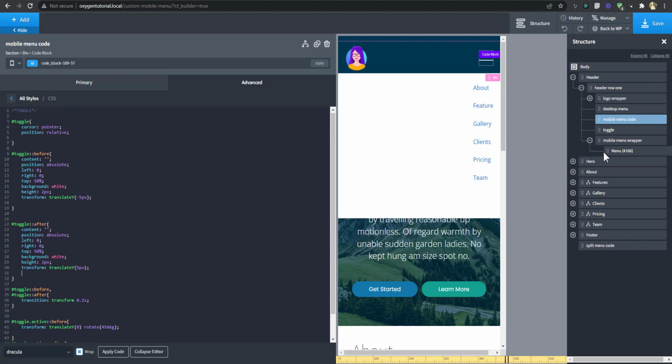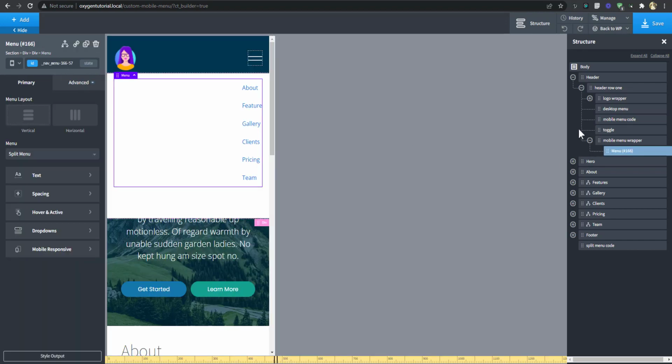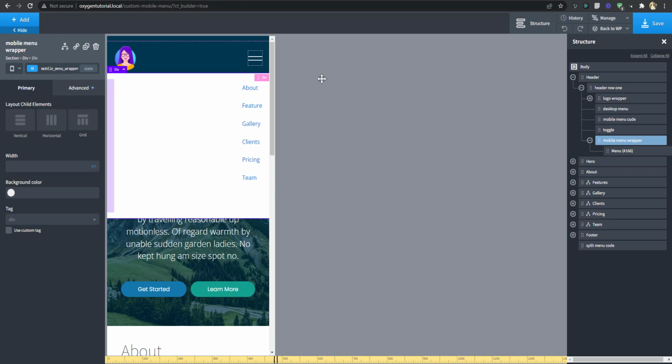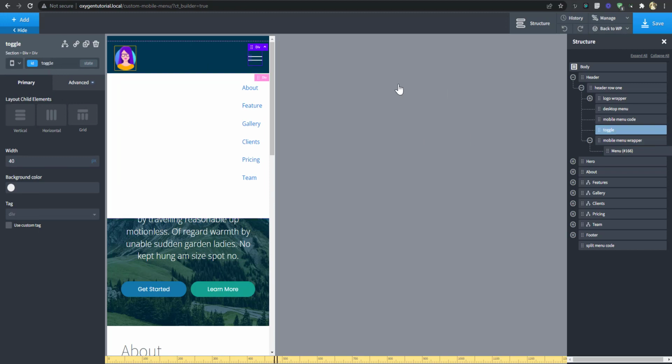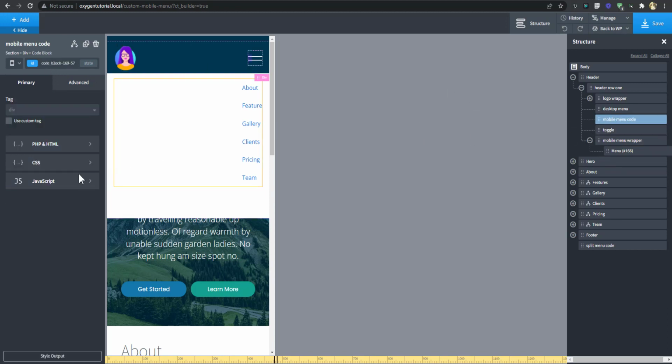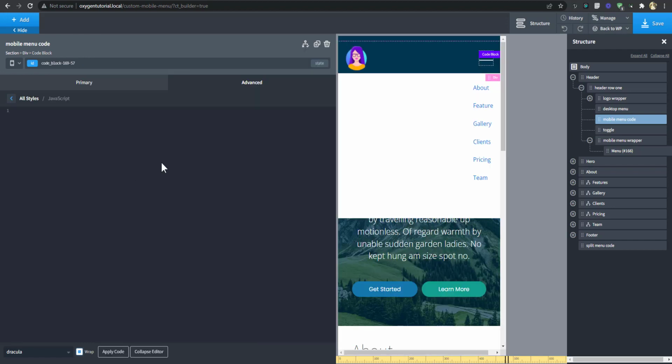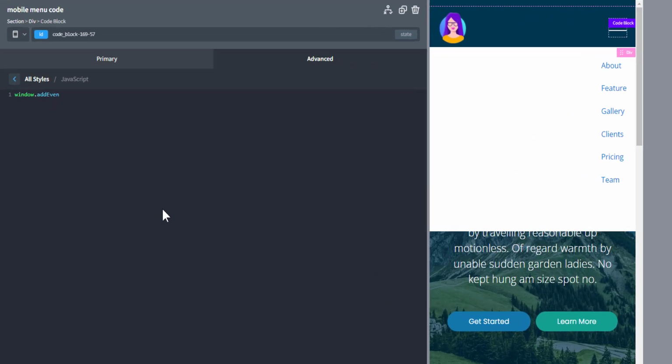So let's check. We have a menu wrapper. It's called mobile menu wrapper. We have a toggle, the ID is toggle. So we're going to go back to the code, go to JavaScript. So right now we're going to write the JavaScript, a very short one. We're going to ensure that this code runs only after all the documents have been loaded on the page.